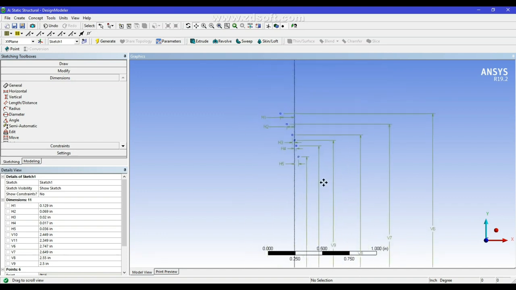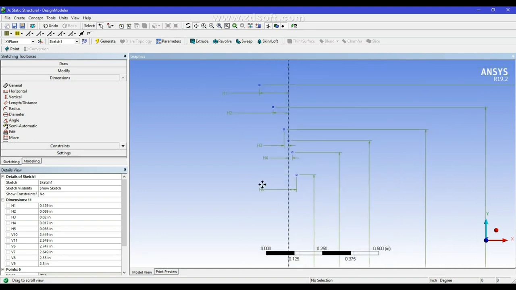So these are the construction points for our